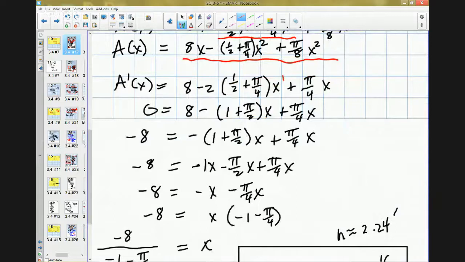the area of the window. So take the derivative. Derivative of 8x is 8. Here I need to take the power rule, 2 times that thing in parentheses times x to the first power. And then on the right, when you do the power rule on the last term, 2 times pi over 8 is pi over 4, and reduce the power by 1. Here I just multiplied out the -2 times that quantity. It gave me that. And then, all right, I got it equal to 0 over here, and I